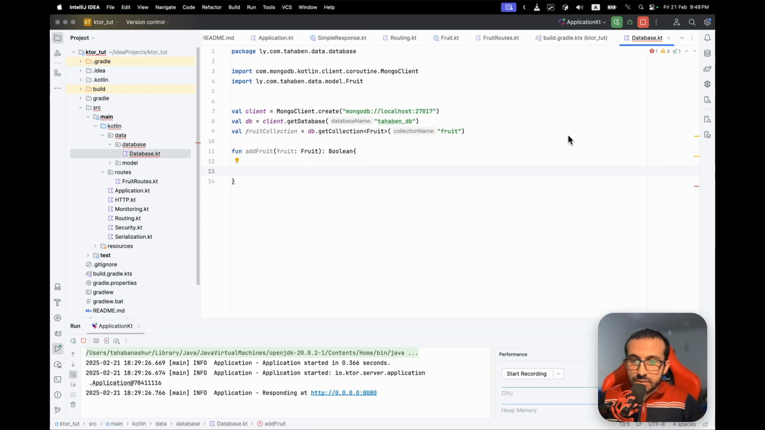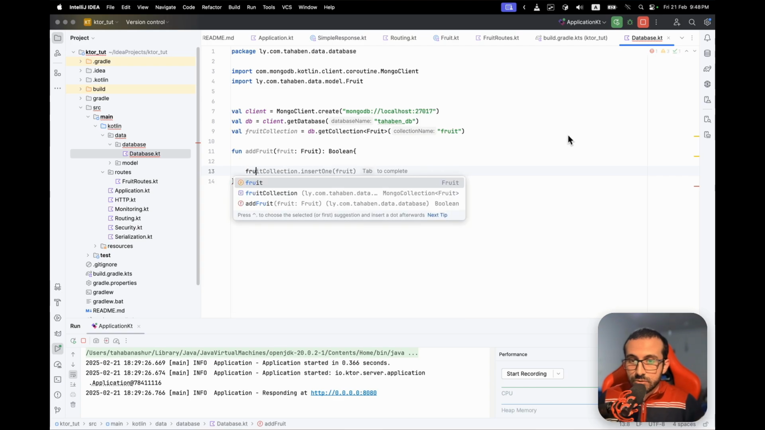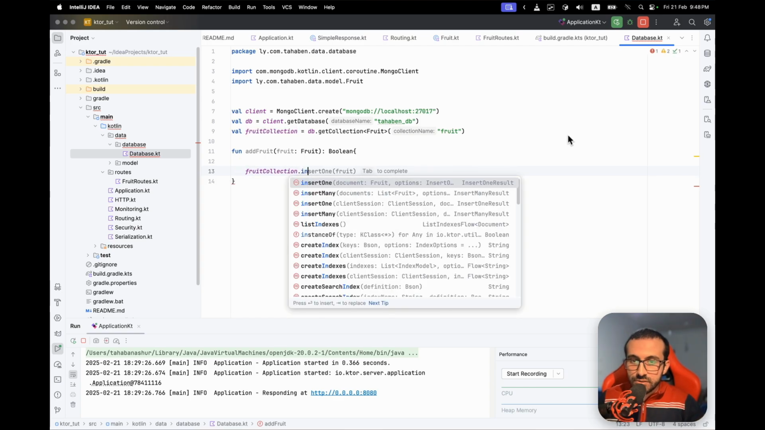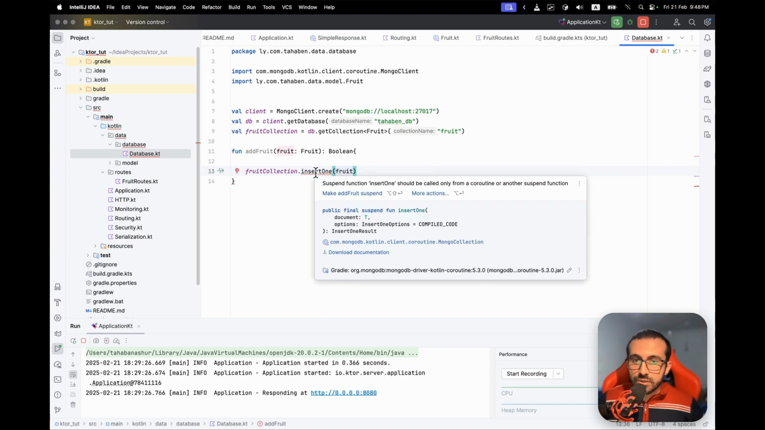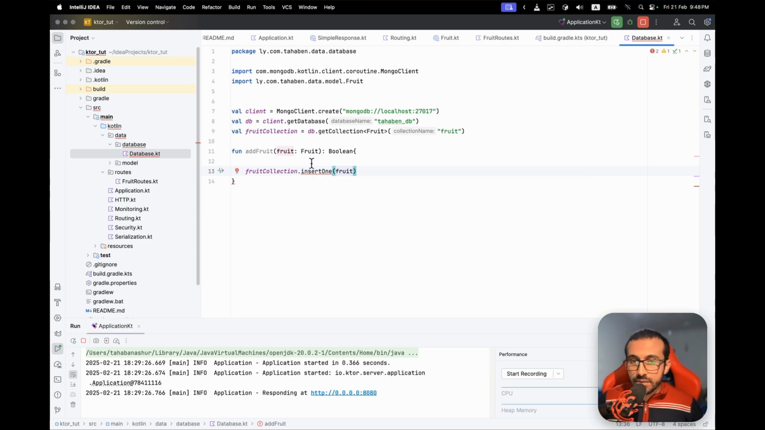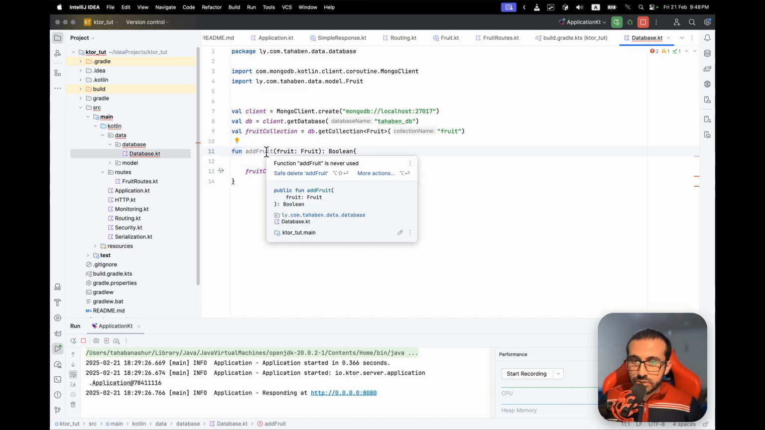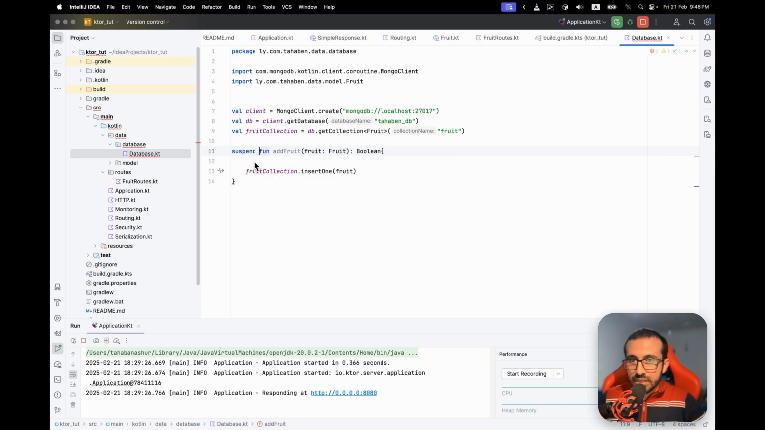So to insert something in our collection, we are going to do fruitCollection.insertOne and basically pass our fruit instance. Now this insertOne function is a suspending function because we are using the coroutine based driver of MongoDB. Now we need to make this function a suspending function or create our own coroutine here, but we're not going to need to create our own coroutine scope, and you'll find out why in a moment. So I'm going to make this a suspending function, and basically that's all we need to insert a document